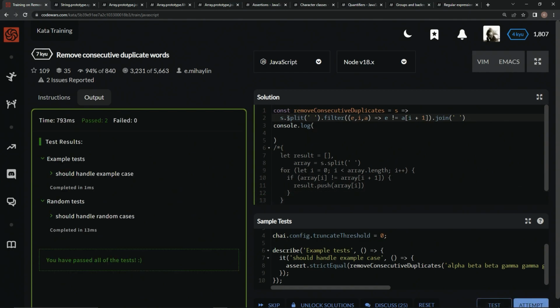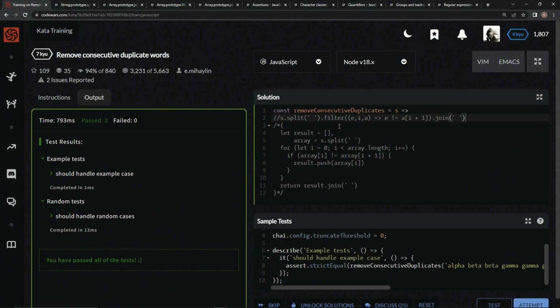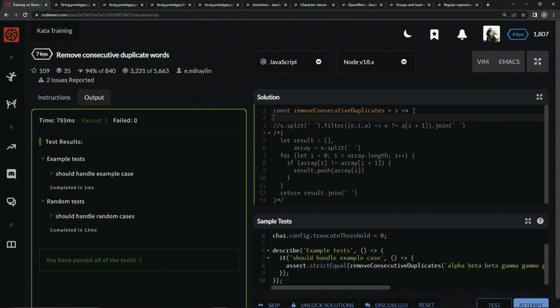So now we've got this, but you know what? There's definitely more ways to do this. We'll just do one more. Let's get rid of this console.log, comment this part out, and then we'll come down here and start a new thing. We're only going to use one method on this one. So we'll say